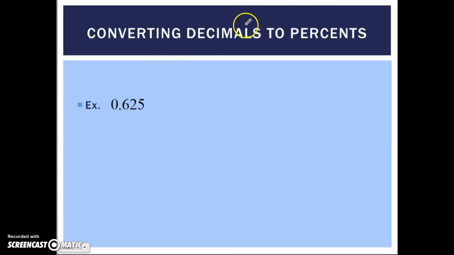Now for converting decimals to percents, since percents are in terms of 100, if you're trying to convert a decimal to a percent, you're just going to multiply by 100, and when you multiply by 100, it's really just moving that decimal 2 places to the right. So if I were to take